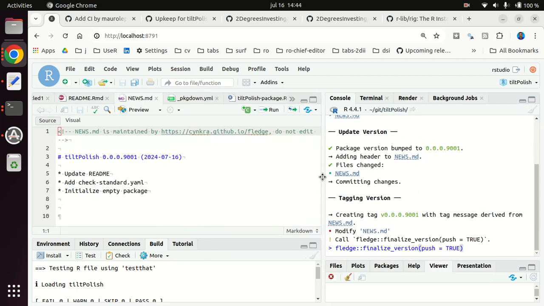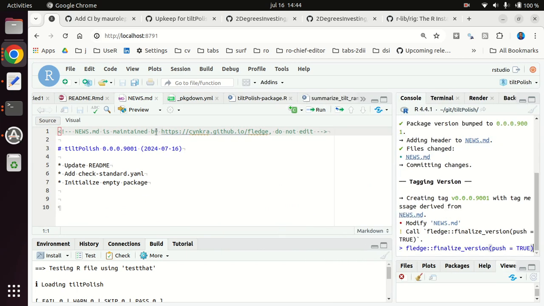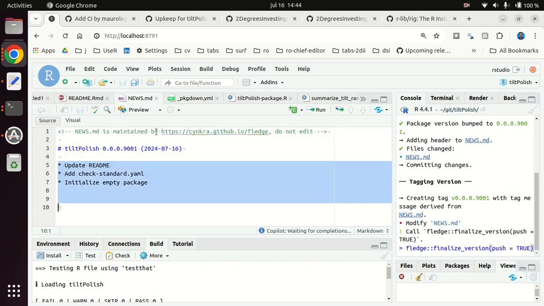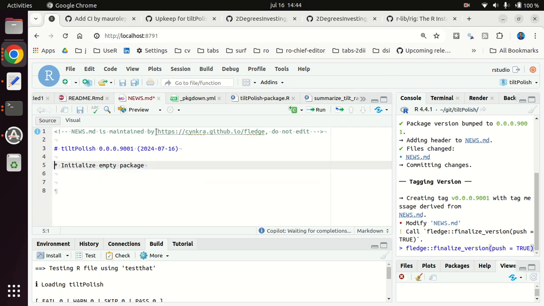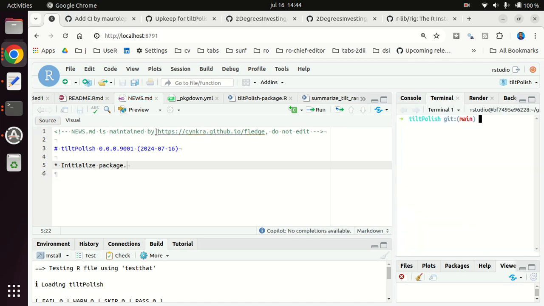By the way, this is by cynkra. They have amazing packages. One other package that I like a lot is dm, but there's a ton that you can get from there. So now basically the whole thing here is to initialize the package, right? I think that would do it. Let's leave this clean, and now we're ready to